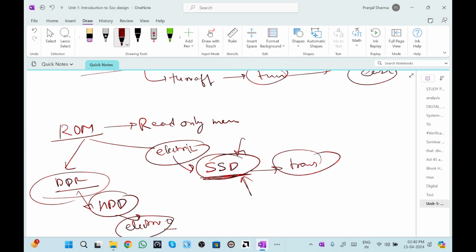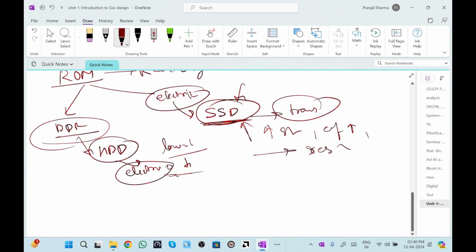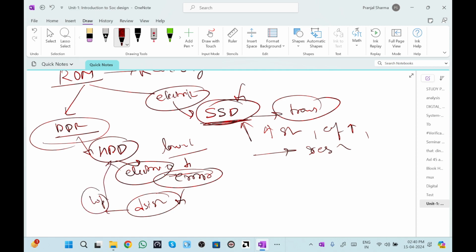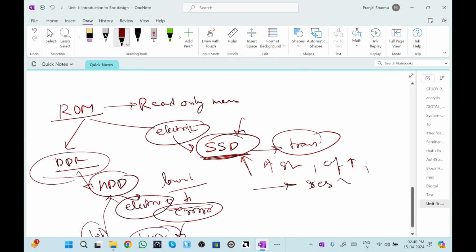So it is quite high in speed, its efficiency is also high, and its response time is also very good compared to HDD. HDD has a low response time, and sometimes it provides errors, it gets discarded easily, and we need a lot of repair if we are having HDD. So this is all about ROM and RAM.